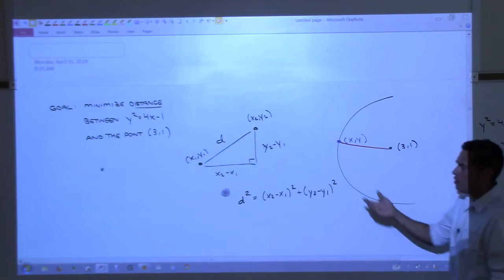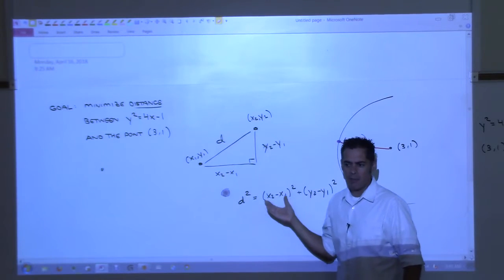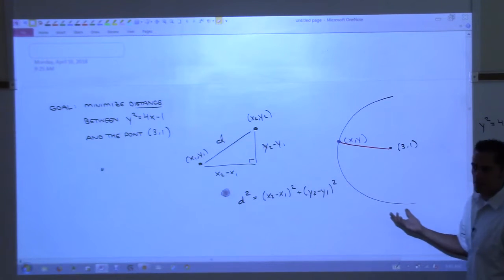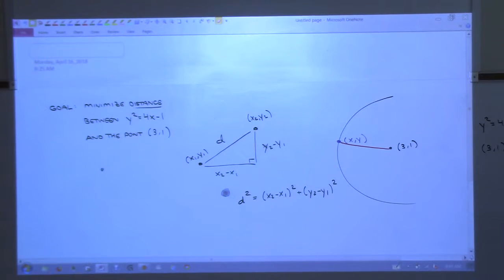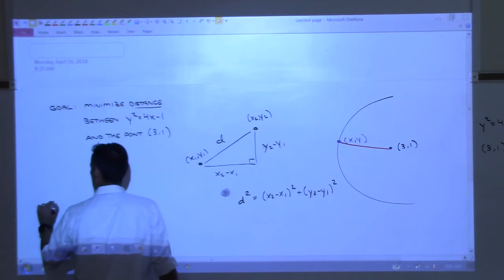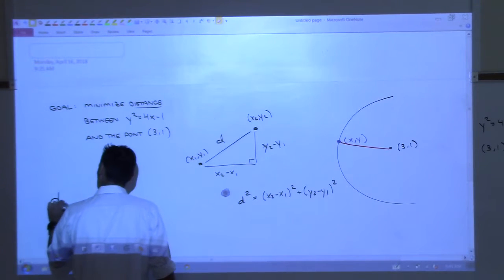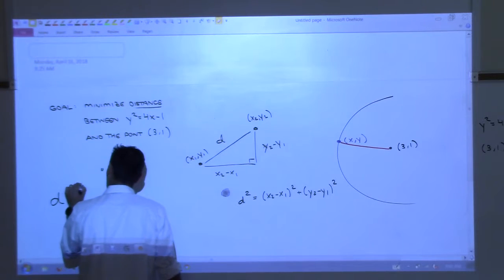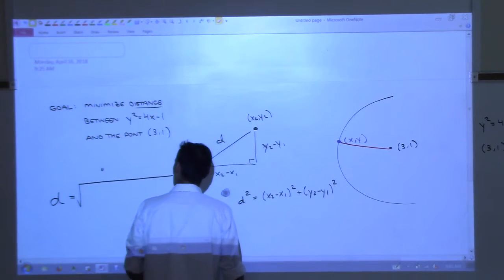See what I mean? If you understand it, you never have to really care about memorizing because you can always generate it yourself. All right, so let's go ahead and write this down. The distance is equal to the square root of,